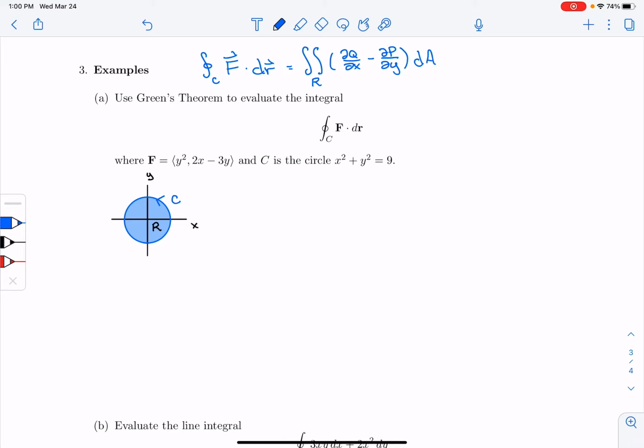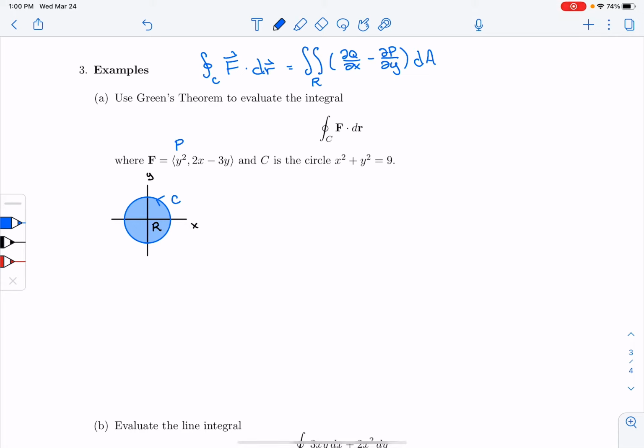So here, if we were to do this integral around the circle, we would have to parameterize the circle. We would substitute that parameterization into the vector field. We would also have to take the derivative of the parameterization to find dr. This would be a long and complicated process. But instead, I'm going to look at